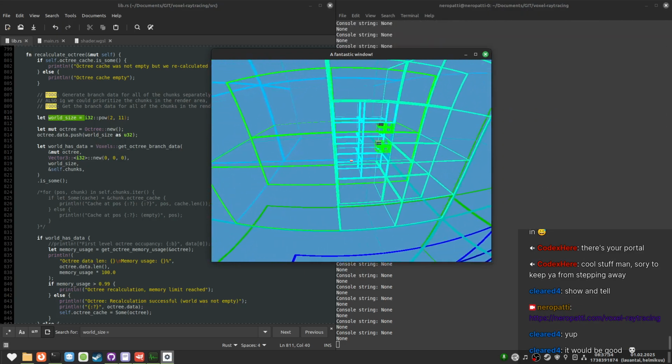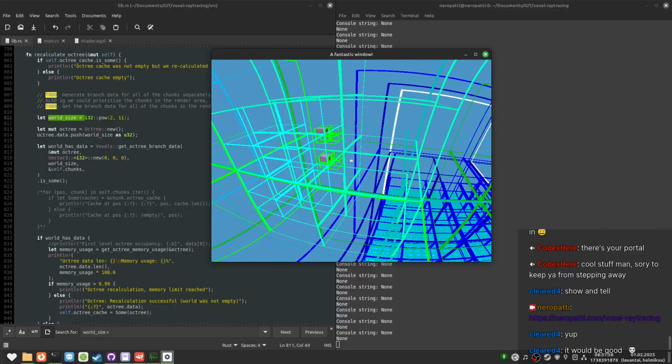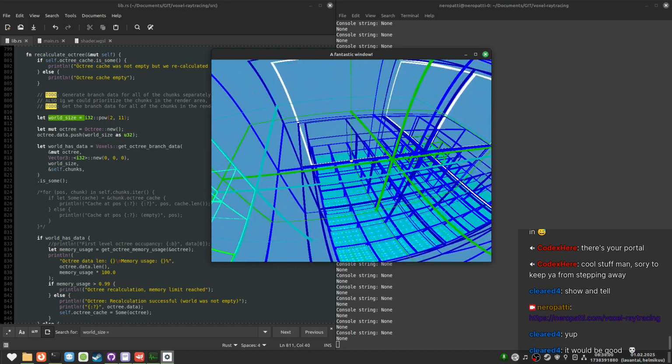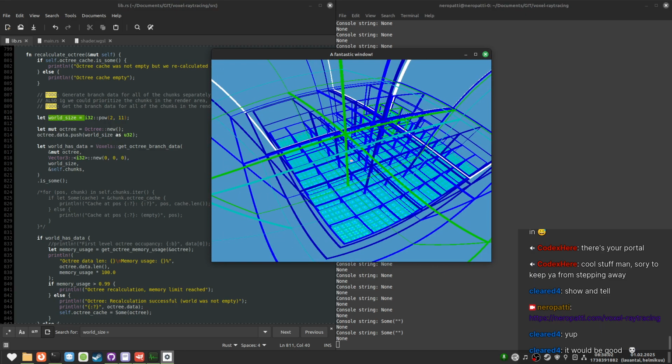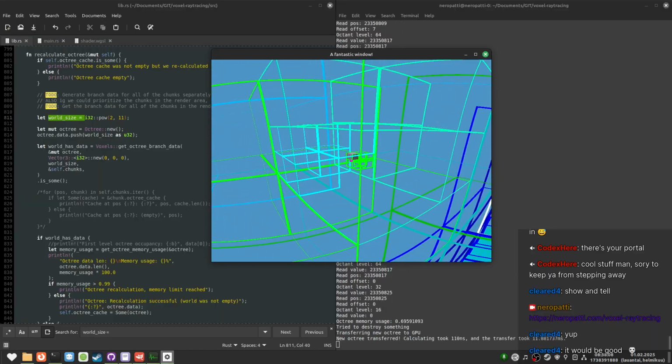Or even if I have command history, which I do want to have, that is in the plans, that is in the works, I would be able to just press D and then press up a few times, and then I would have the last command.